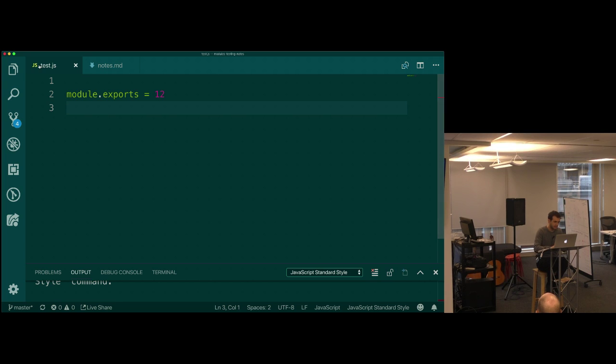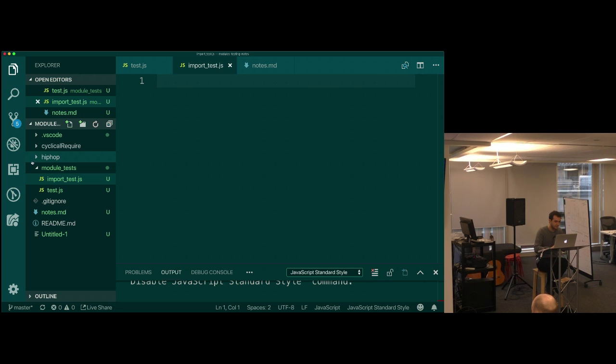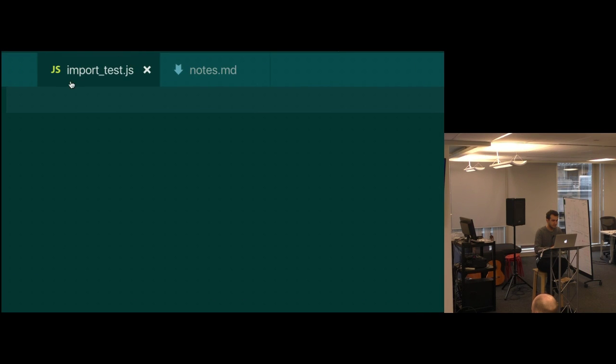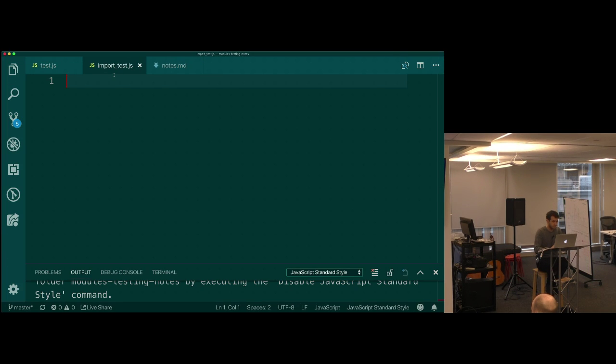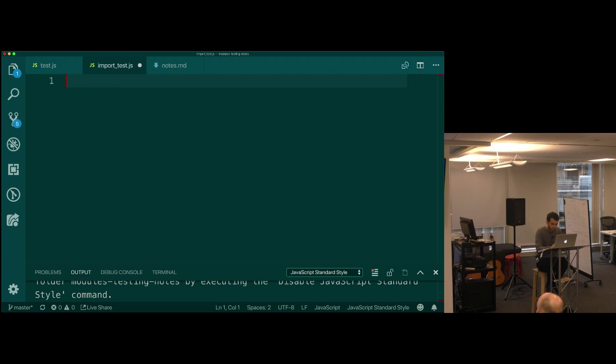But here's where things get interesting. I'm going to make a second file in here. I made a second file called import_test.js. And what I'm going to do here is say var number equals require, and then the path to test.